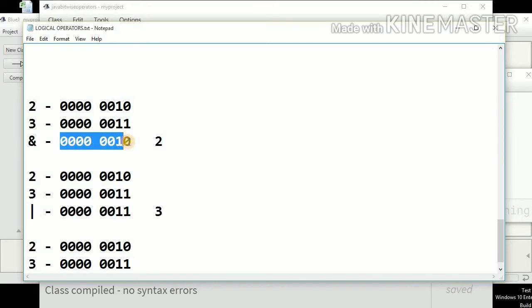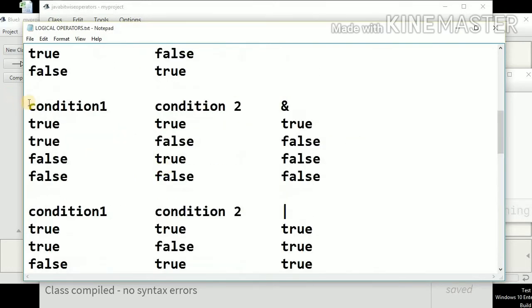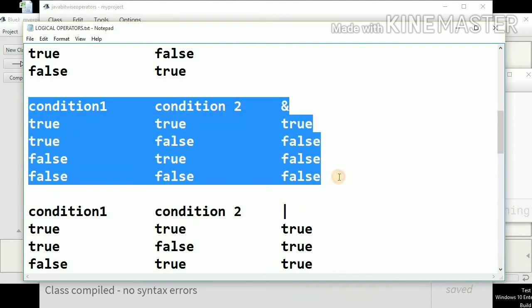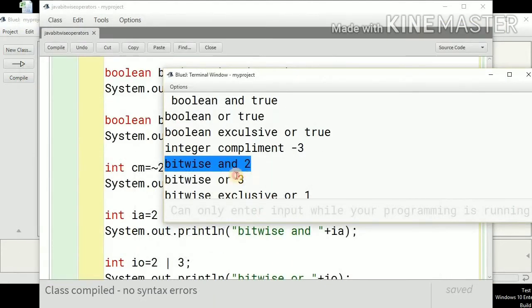So this is the result of the AND operation. For performing this, you can follow this table of the AND operation. So this is how we get the result 0 0 0 0 0 0 1 0, and this is representing decimal 2.